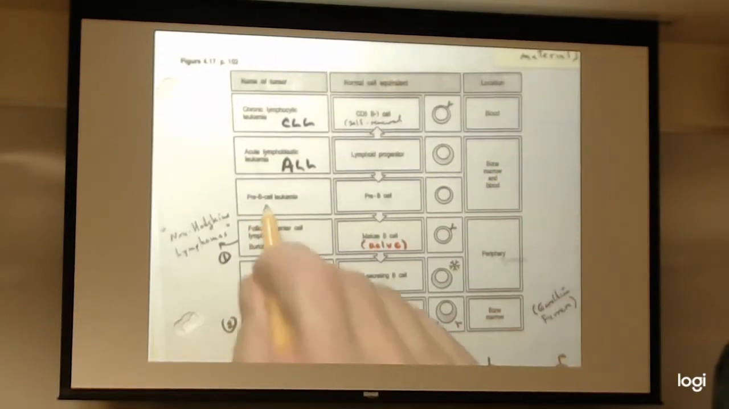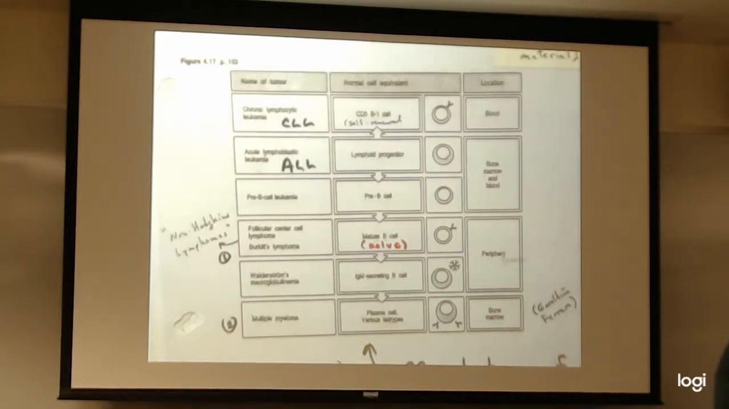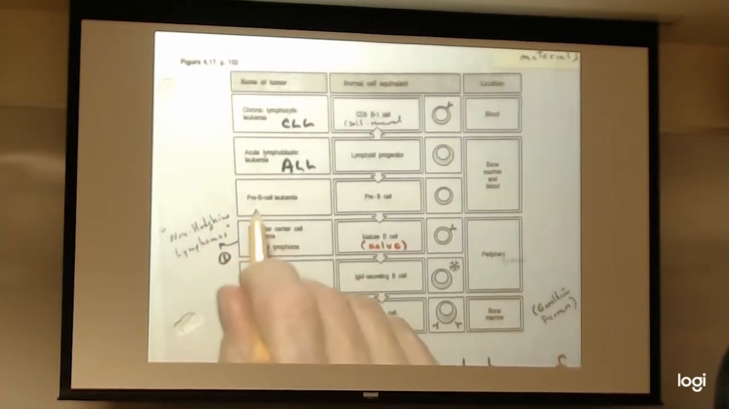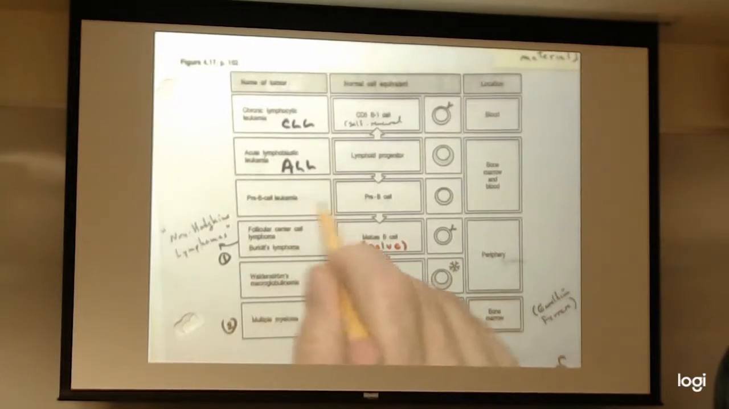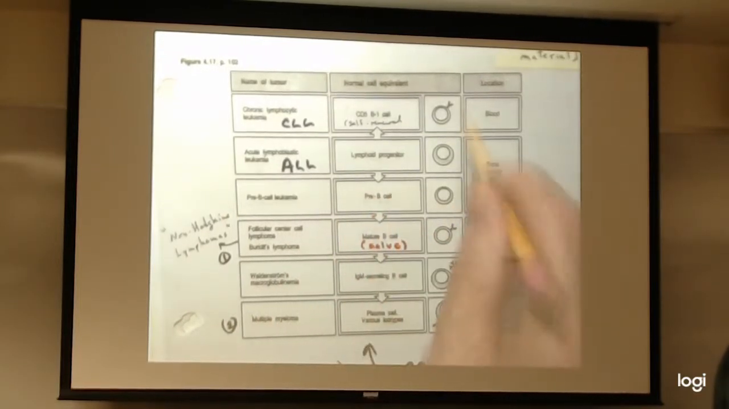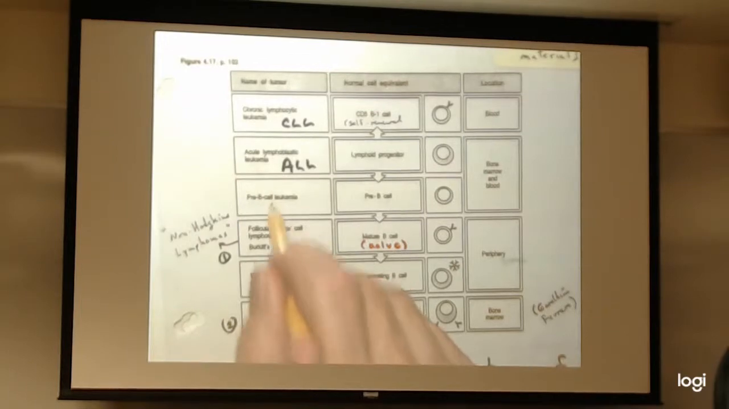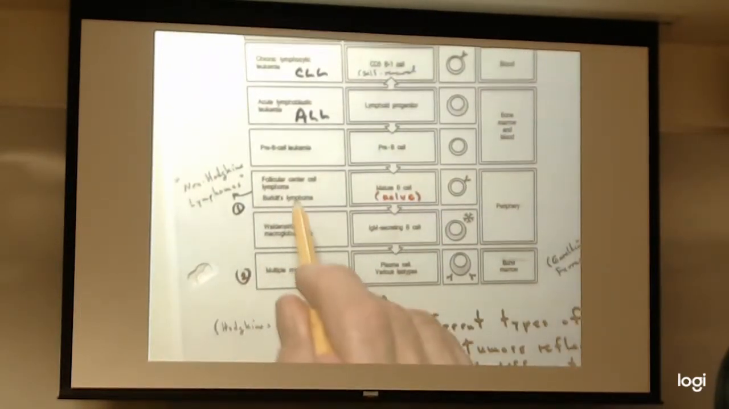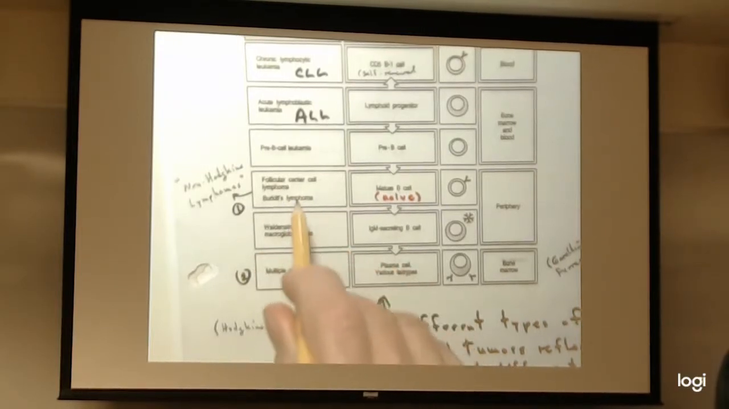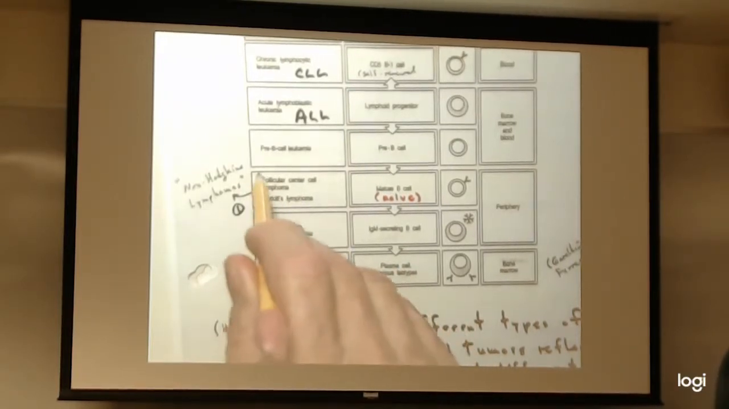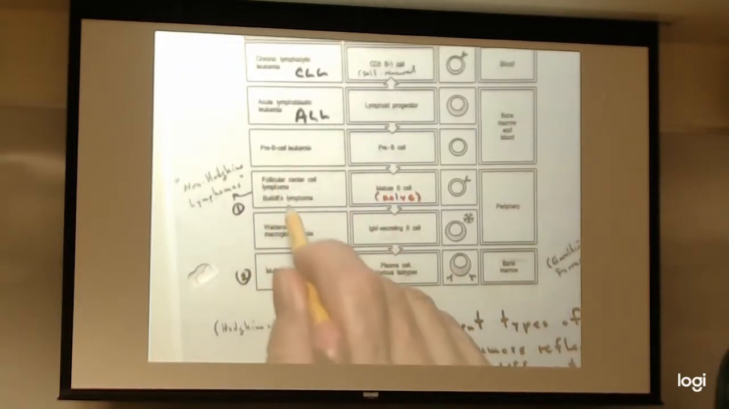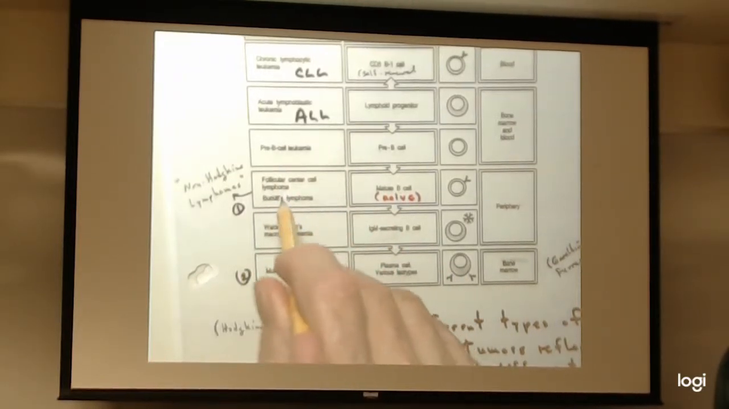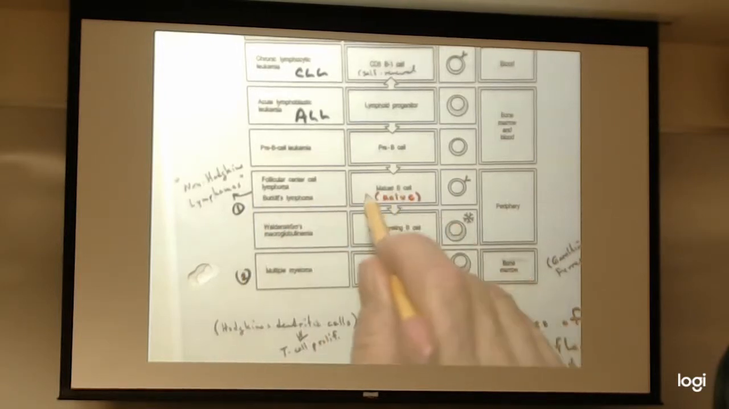A mutation in one of these, remember we go from stem cell to pro-B, pre-B. One of these pre-B cells becomes cancerous. That's just called a pre-B cell leukemia, and it's also found in the bone marrow and the blood. That's because these cells are here. If we have a Burkitt's lymphoma, okay, or other kinds of follicular center cell lymphomas, these are cancers of the mature B cell here,